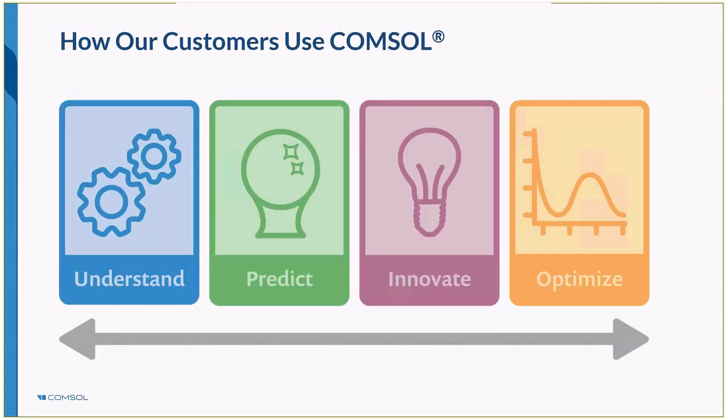So how can we use COMSOL for a corrosion simulation? Well, the four key areas COMSOL can be used for are developing understanding, predicting behavior, innovating change, and optimization of designs. So for instance, if we're examining the rate of corrosion on an offshore structure, we could develop a physics-based model to simulate the current distributions across our structure. We can then use this to understand the impact of the design on our corrosion rates and predict where the corrosion is going to be most severe.